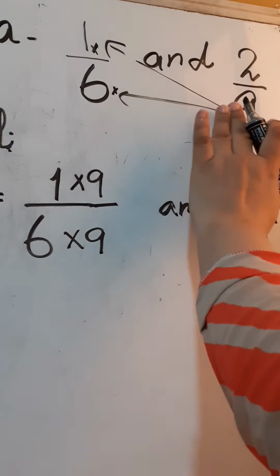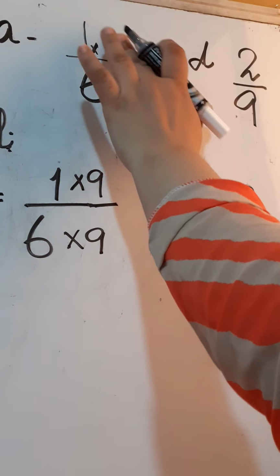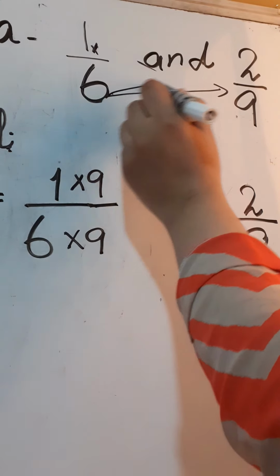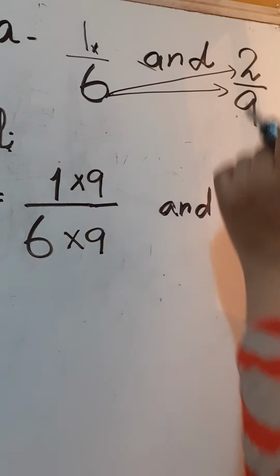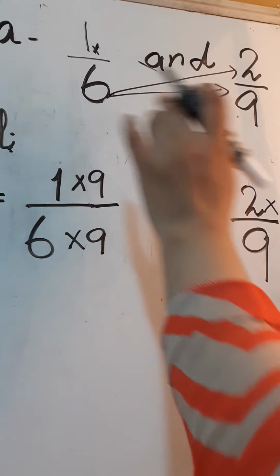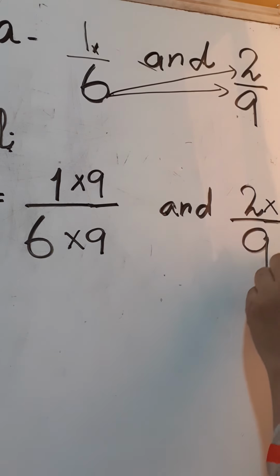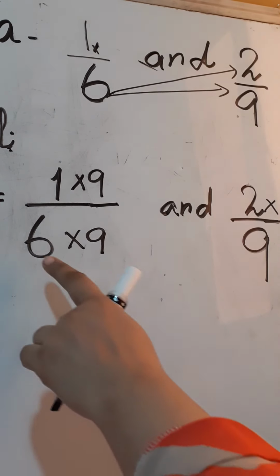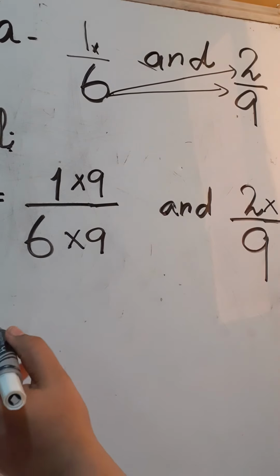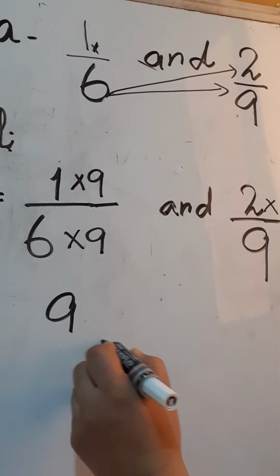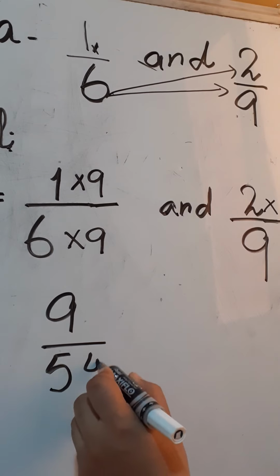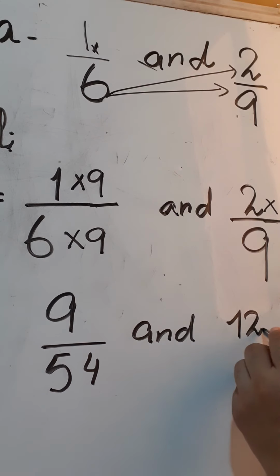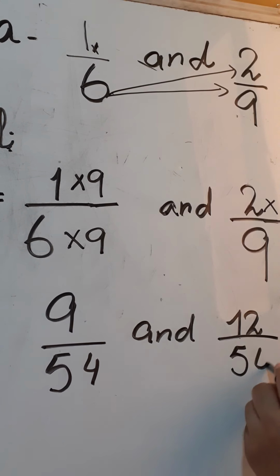Understand? This denominator. Now there is 9, so we multiply 6 up and 6 down. From the other fraction, the denominator is 6 and there is 6. Now you check that both denominators, 6 multiplied by 9 and 9 multiplied by 6, are the same. So you write here: 1 nine is 9 and 6 nines are 54, and 2 sixes are 12 and 9 sixes are 54. Answer.